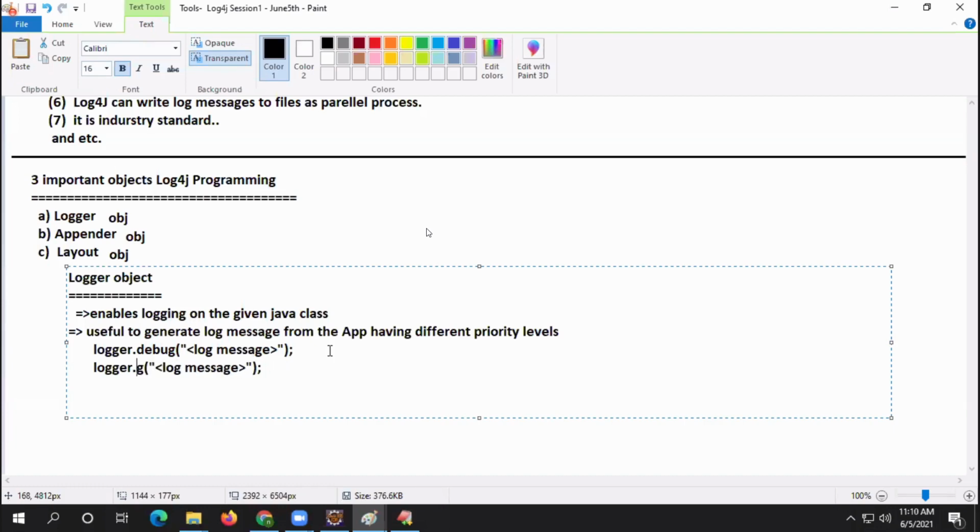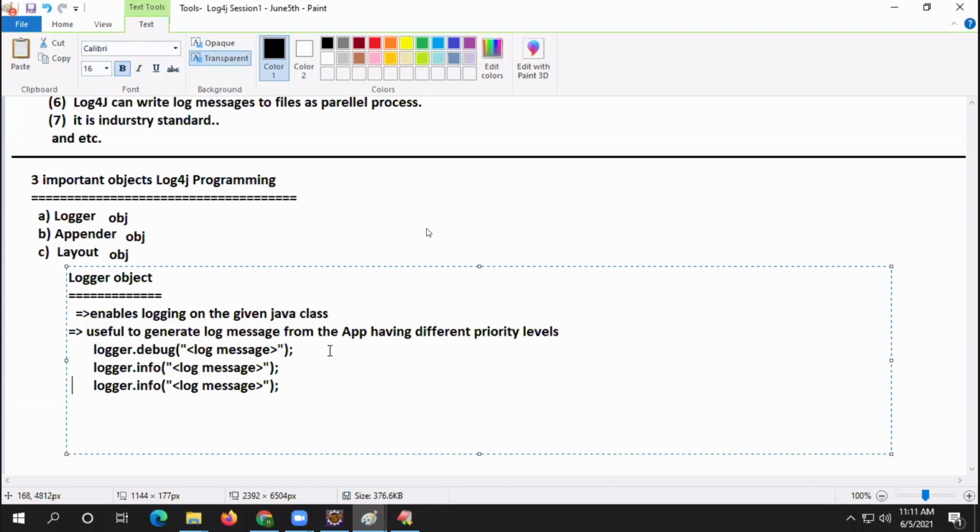Then we have one more method. Direct methods are there. That's good news. Info. Method call itself decides the logger priority level, boss. Warn. Method call itself decides. Warn. Next, error.